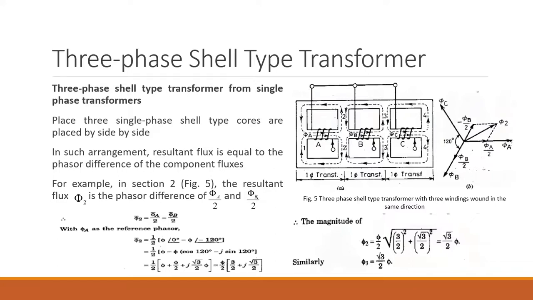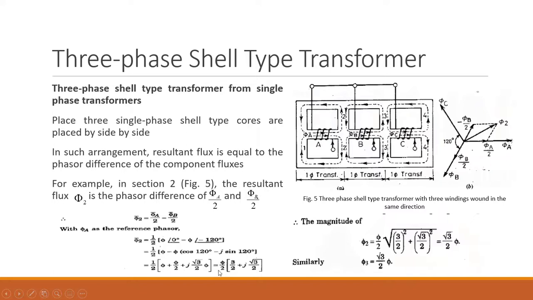In order to determine its magnitude, what is the actual magnitude of flux in section 2, we can substitute its value of phi A by 2. Basically we have considered phi A as a reference, so its magnitude can be considered as phi angle 0 degree, and for phi B it will be phi angle minus 120 degree. Then we can replace this in this form, and after substituting the value of cos 120 and sin 120 degree